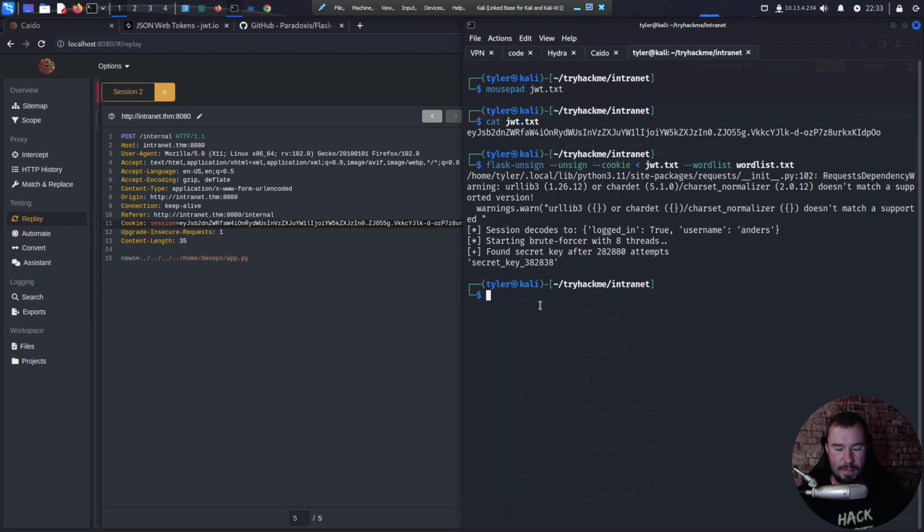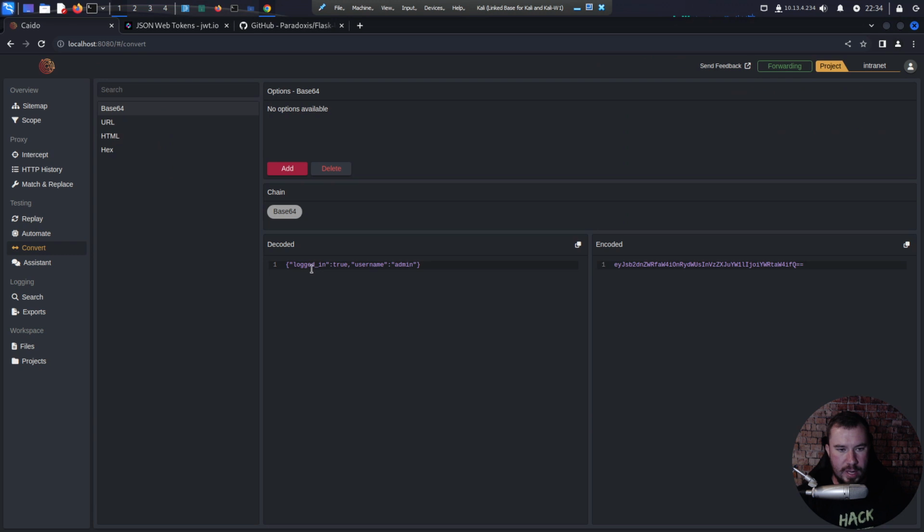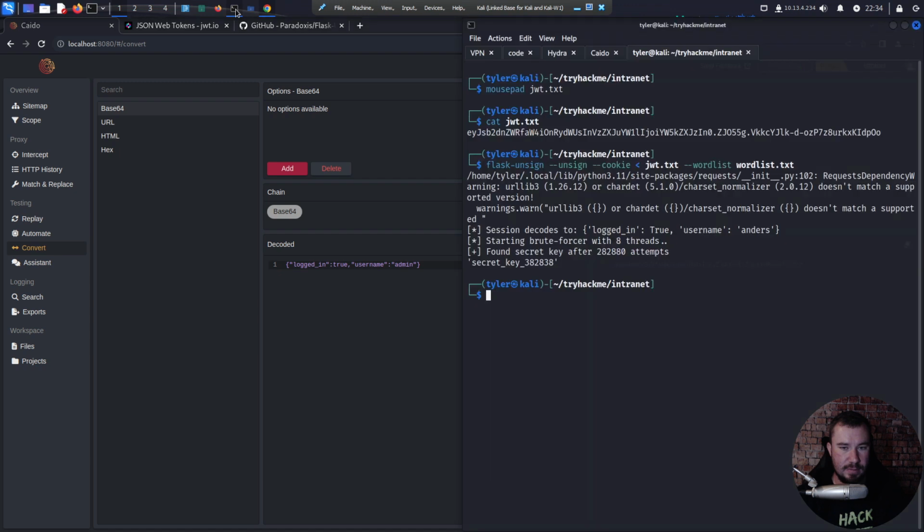So we found a secret key, but now we have to re-sign our session as an admin user. And if we look over at Cato here, and we go over to convert, we can see we need to include this JSON, logged in true, username admin. So let's keep that in mind as we make this, and we will do flask-unsign --sign, and then here's the cookie we want it to make. We want it to do logged in. Hopefully I'm doing this right. True,